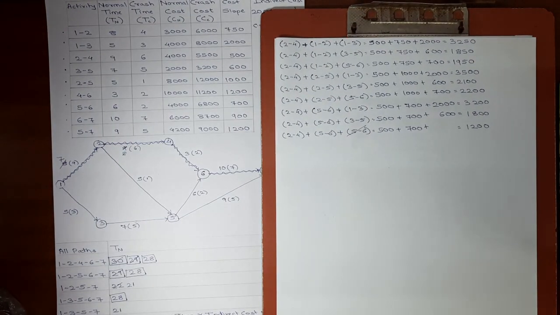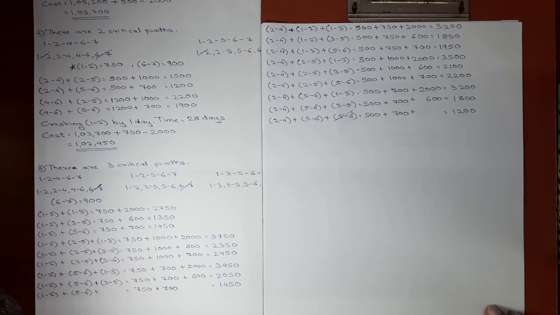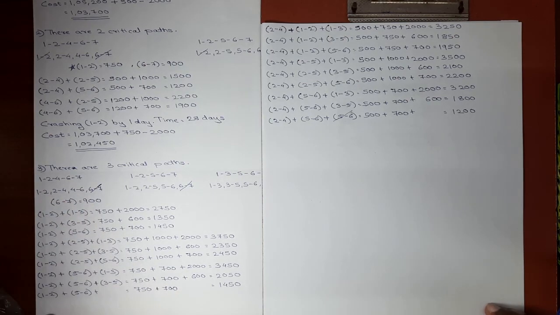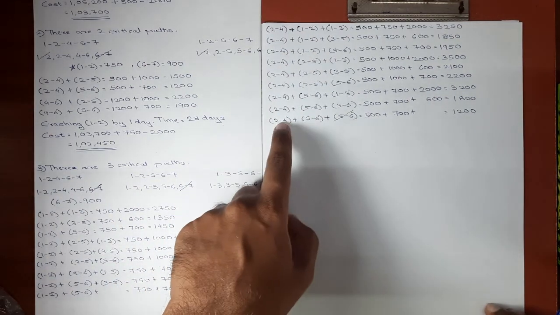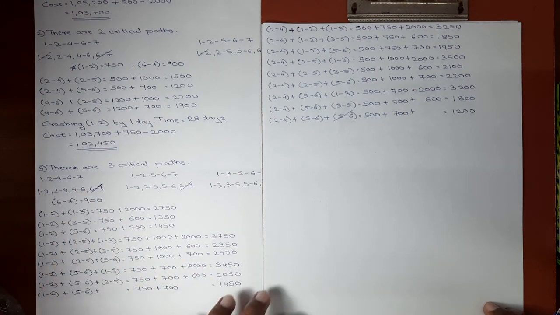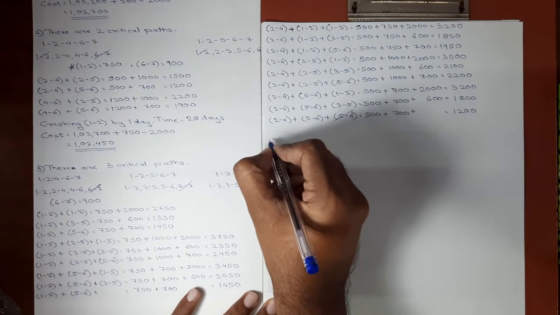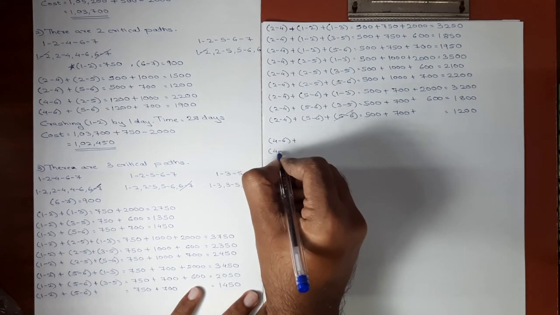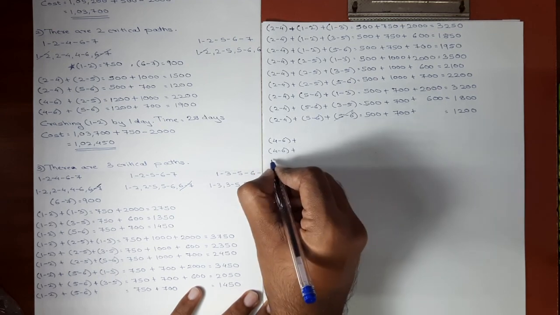Now we'll be moving towards the third set of combinations. Now our third set of combinations, set of 1 2 is over here, set of 2 4 is over here. Now we'll be making set of 4 6, which is third activity from first path. So again I'll just write down 4 6 9 times, because for every set we are getting 9 combinations.